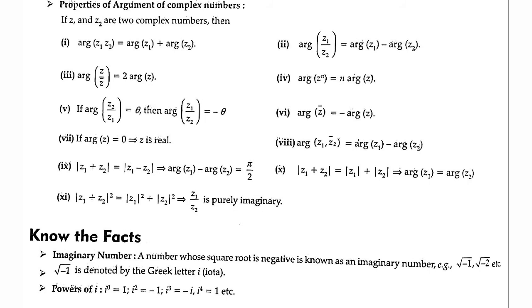Argument of z bar is equal to minus argument of z. If argument of z is equal to 0, it implies that z is a real number. Argument of z1 into z2 bar is equal to argument of z1 minus argument of z2. Similarly,